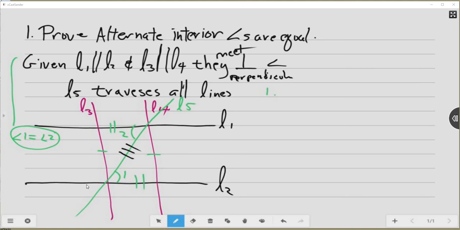In order to label it, I'm going to call this vertex A, vertex B, let's call this one C, and we'll call this one D. I'm going to argue first that line segment AB is going to be congruent to CD. You got it? And I'm also going to argue that AC is congruent to